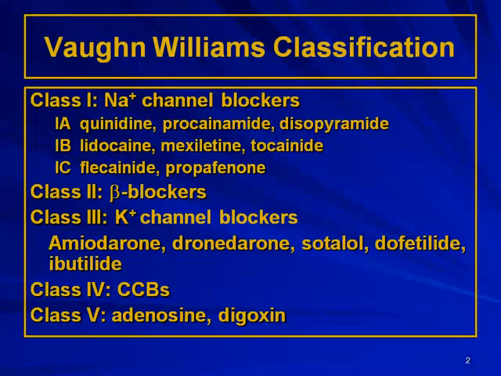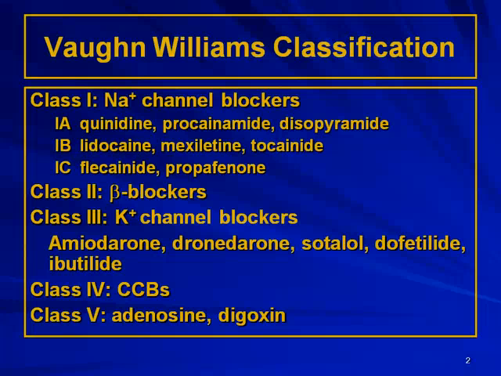For instance, amiodarone is a drug that actually has electrophysiologic action that falls into all 4 classes of antiarrhythmic activity. It's a sodium channel blocker, it's a beta blocker, it's a potassium channel blocker, and a calcium antagonist. So